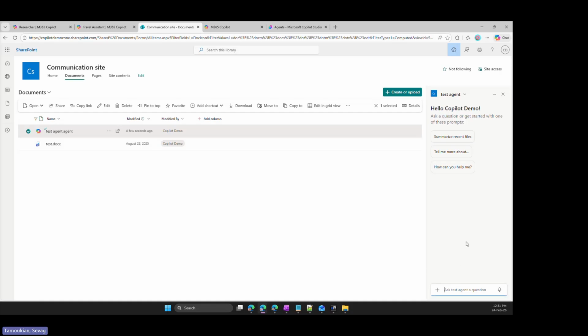I've seen people use these in product documentation where you have multiple printers, for example, in the office, and you want to troubleshoot error codes or how to change the ink cartridge or the paper size, and so forth, right? You might be able to select those 10 manuals and say, create an agent. And for your internal users, instead of going and finding how to change this specific printer's ink within 12 documents, they can just ask this agent over here, and the agent won't respond with anything outside of those files.